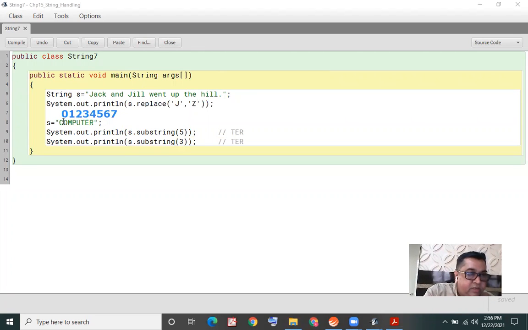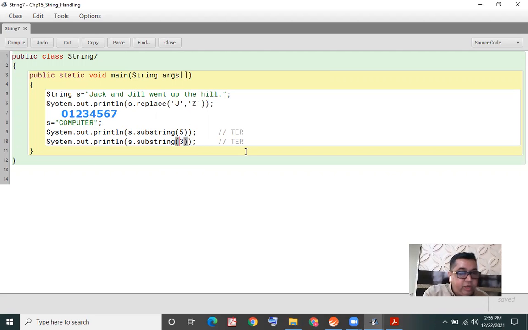C is in position 0, O is in position 1, M is in position 2, letter P is in position 3. If I just mention 3, it will give me from P all the characters right till the end.